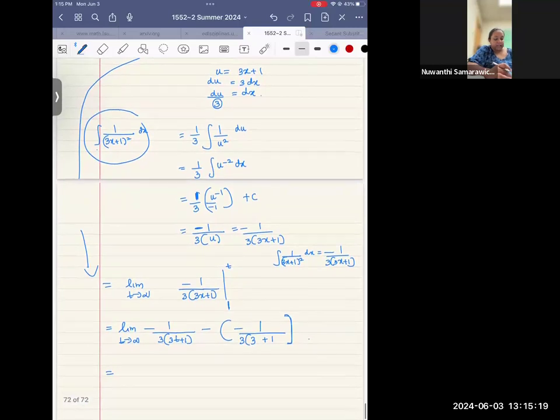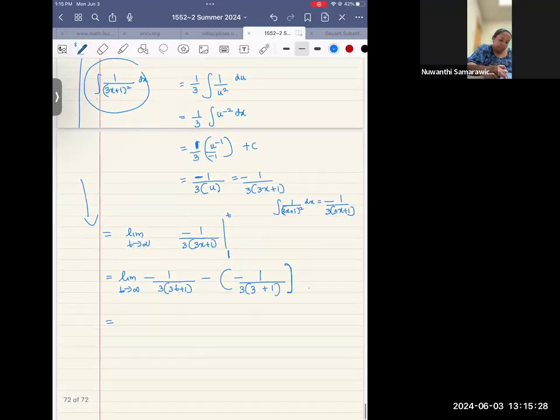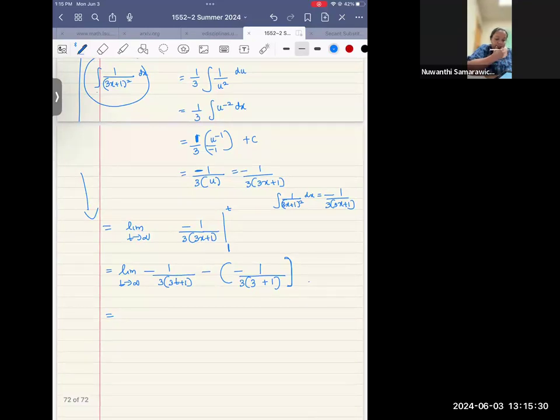Okay. So what is the answer you get here? Limit t goes to infinity. This is 3t plus 1. Here you will get plus 1 over 12. What is the answer you get? What is under the limit? Under the limit, it should be